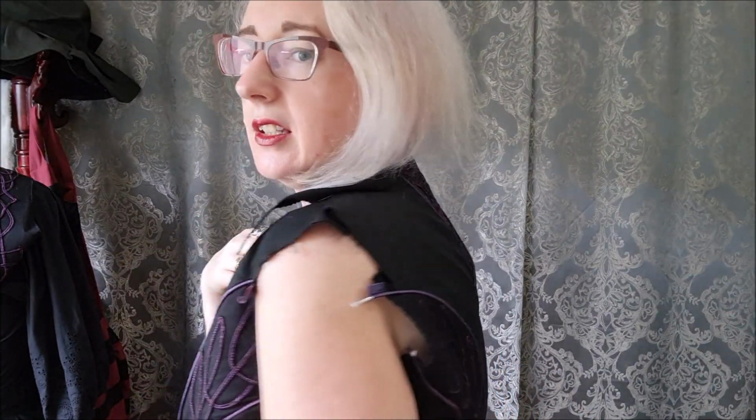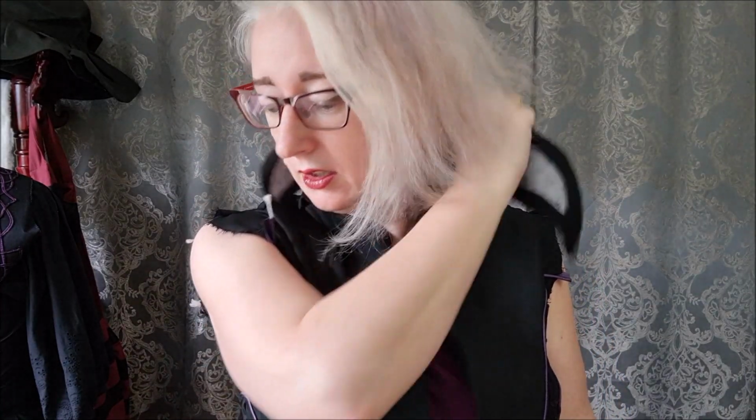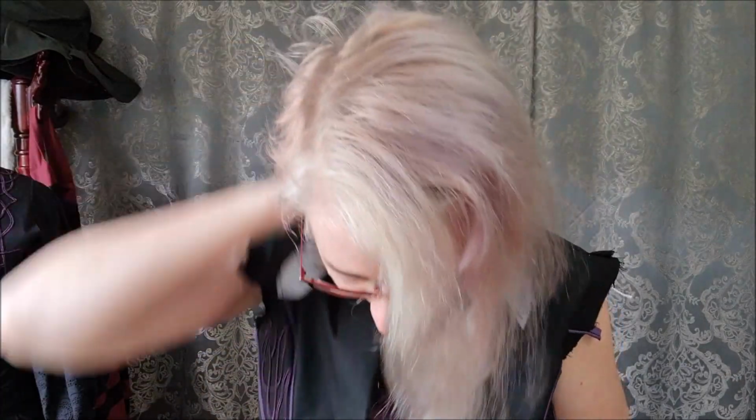You can see that there, a bit of a gape. I might need to adjust that as well. So there's the, oh, it's really, really disgustingly hot and humid today in Sydney. And I am